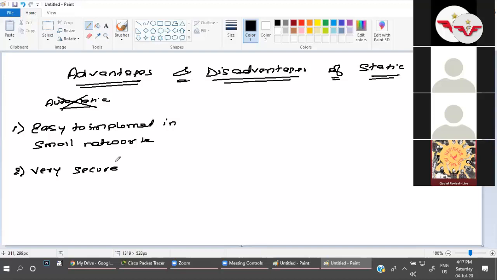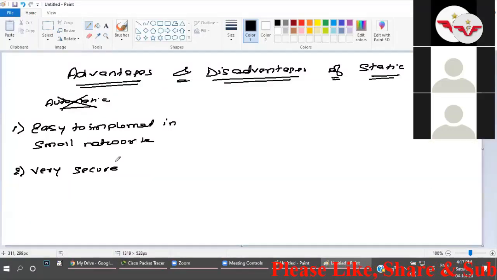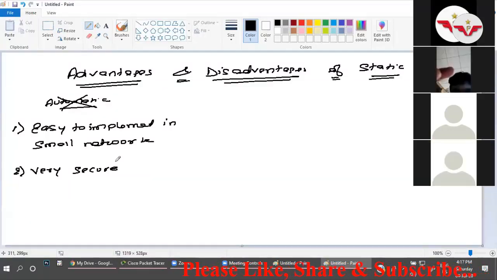So if someone in between is trying to capture the network, trying to hack the network, they will not get any updates regarding the routing protocol. That is why it's secure, because routers are not sharing their information with each other automatically. It's logic? Yes, sir.